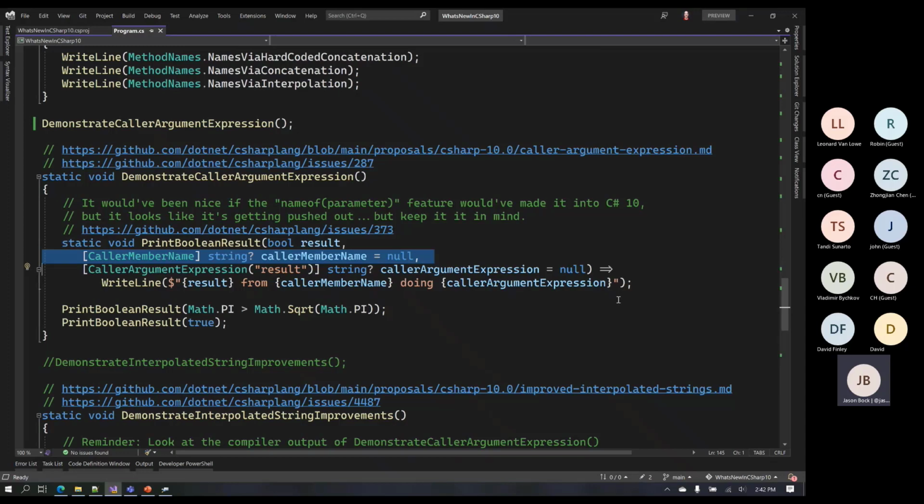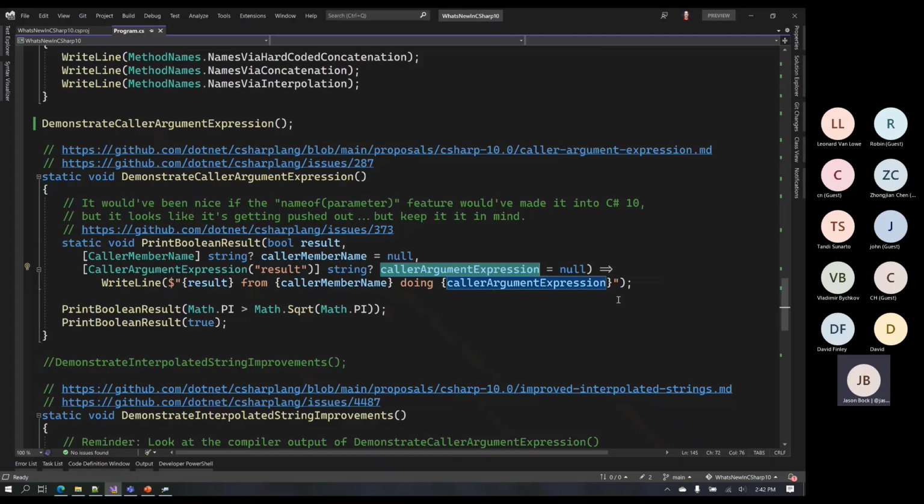It's not really what we're looking for here. What we're really looking for is this CallerArgumentExpression. And this says, look at this parameter, which, as you can see in the comment above, it would have been nice if C# 10 also added nameof a parameter name, because that's what I'd want to do here, but that feature got pushed out. Okay, we'll get back to that on the roadmap in a moment. But you have to hard code that now, okay? But you pass this in here, and then you say, I want to know what that expression is.